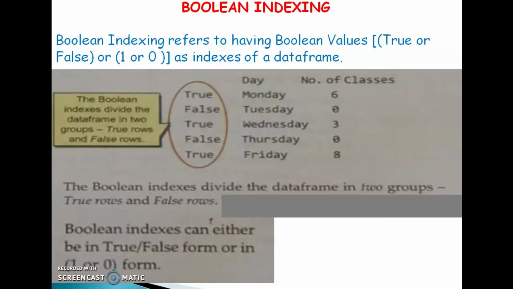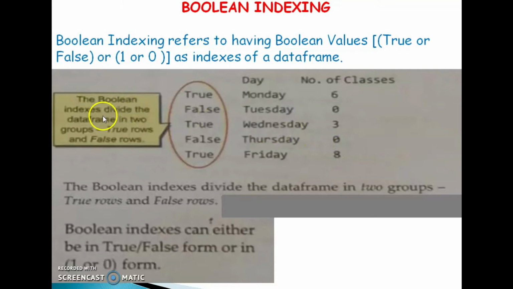Example, your school has decided to launch online classes for you, but some days of the week are designated for it. So, a data frame related to this information might look like this: day, number of classes. Monday 6, Tuesday 0, Wednesday 3, Thursday 0, Friday 8.